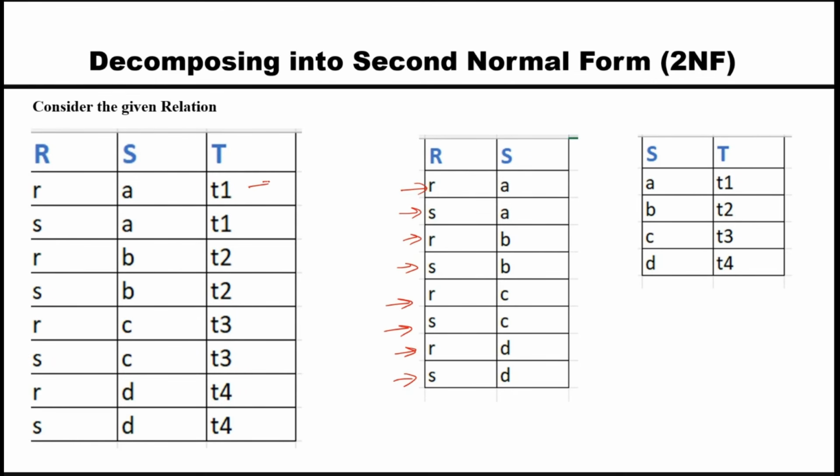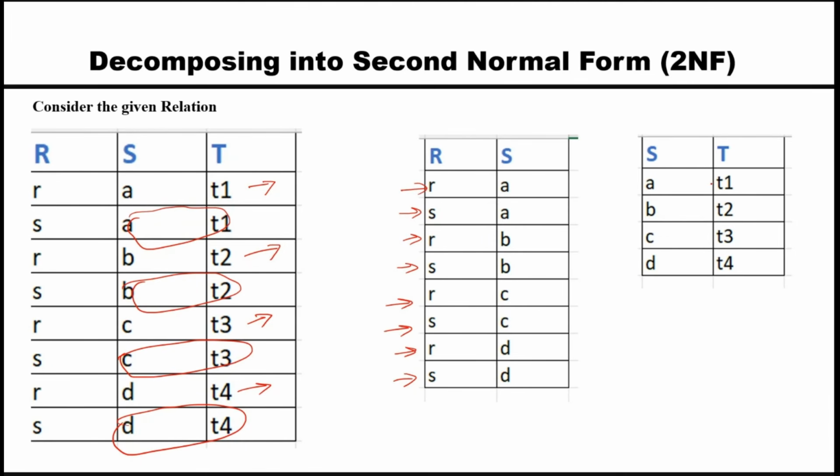So S is determining T1, this we have taken. Now this repetition we have not taken. Next, we have taken this, and this repetition we have not taken. Similarly, this we have taken, and this repetition we have not taken. So S and T is the second table. This is the final decomposition, and here you can clearly see there is no problem